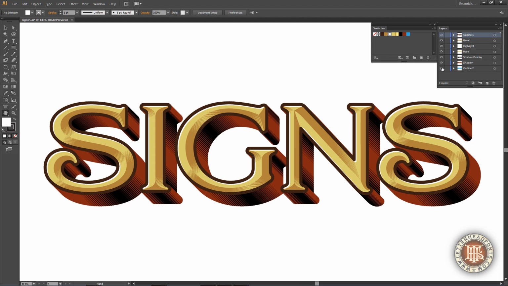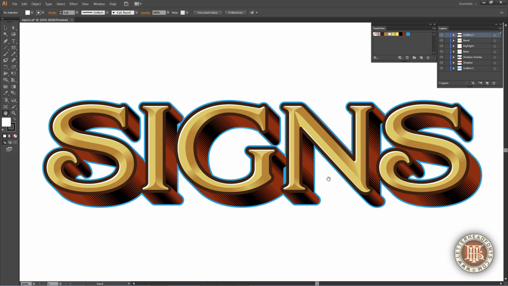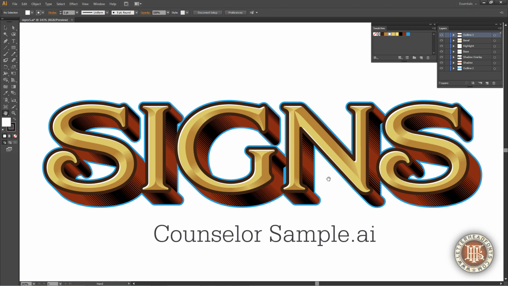Let's turn all the layers back on, and I'll show you a trick for changing the text easily. Now, after you install the fonts, you can type your message and stack these layers easily to create the effect shown. But you can also just use this file I've given you in the package to save you some time.